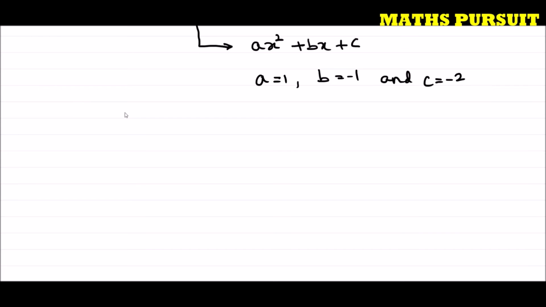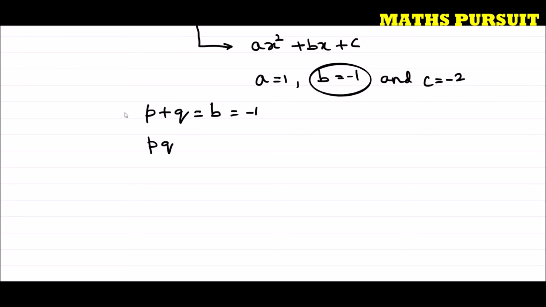So in order to do the splitting the middle term method, we need to find out two numbers p and q, where p plus q is equal to b, that is equal to minus 1. I'm talking guys about this one. P plus q is equal to b, that is equal to minus 1, and pq